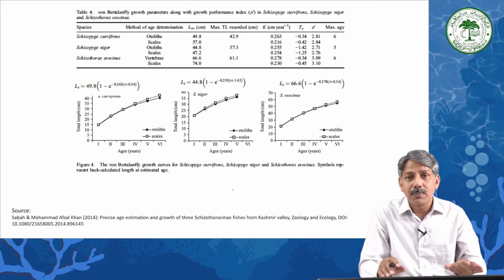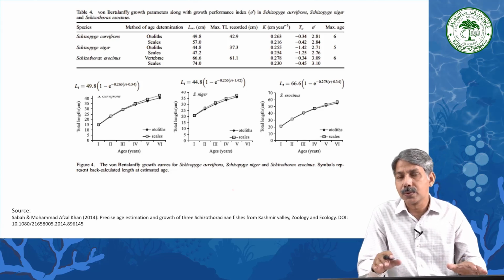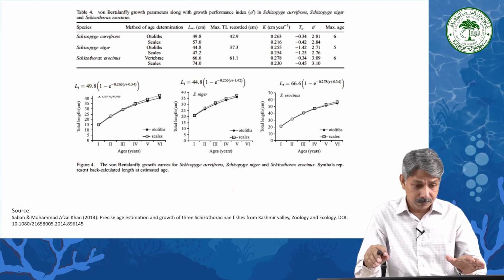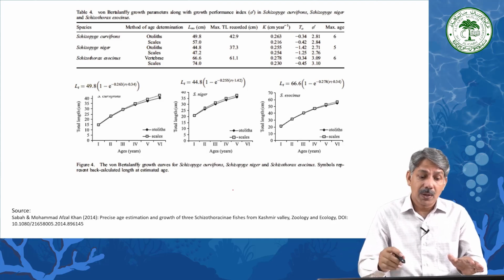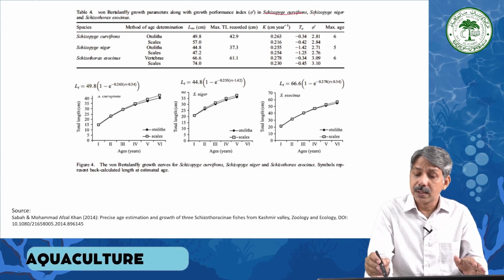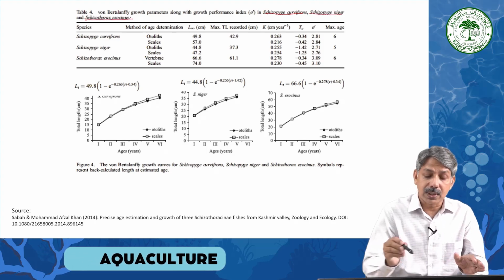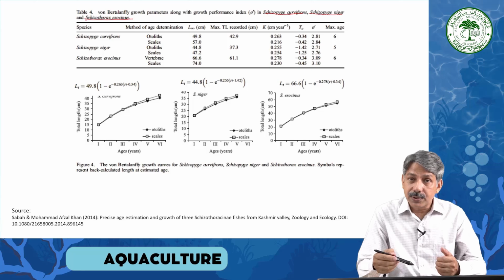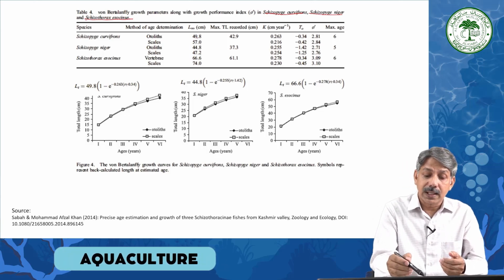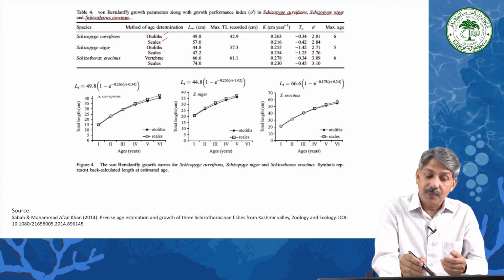This I have taken from one of my published research papers where we used VBGF to assess the growth performance of the fish population in the natural environment. We took 3 species: Schizopyge curvifrons, Schizopyge niger, and Schizothorax isocyanus. We studied these fishes from Kashmir, and we determined age using otoliths, scales,